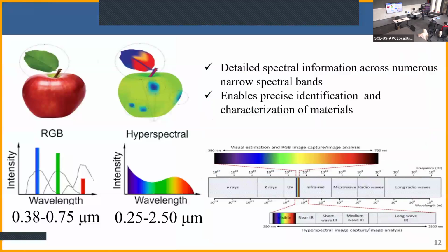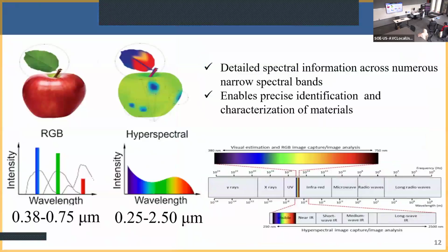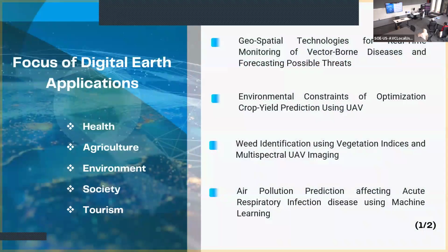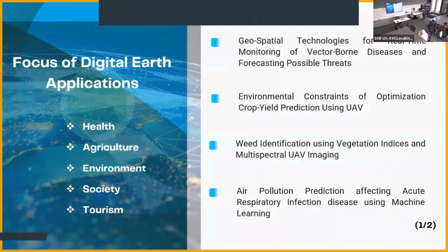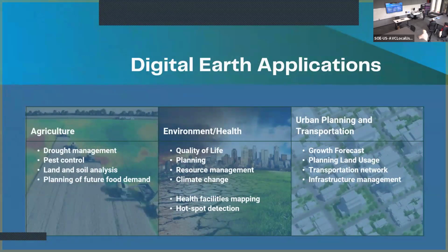So when we talk about remote sensing and GIS, we will be focusing on digital earth, as I told, we are working on sustainable development. So we have developed some solutions for health, agriculture, environment, society, and tourism. So today I will talk about 3 applications which we have developed and published in these domains. So when we talk about digital Earth applications, remote sensing and GIS